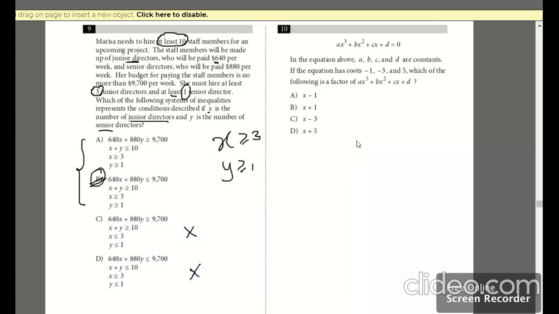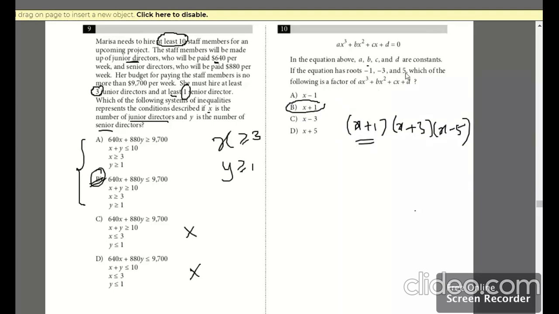Moving on to the 10th one, ax cubed plus bx squared plus cx plus d equals 0. This is very simple because the roots are already given, and remember when the roots are negative, we know how we're going to write it: x plus 1, x plus 3 and x minus 5. So among this, which one is one of the following factors? You can easily guess plus 1. So plus 1, the rest all is